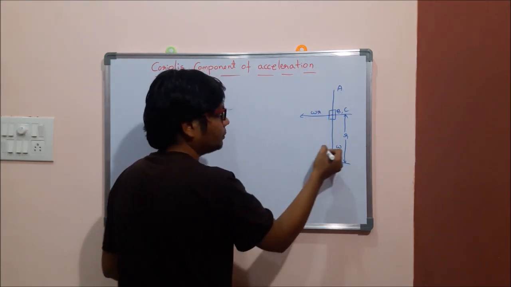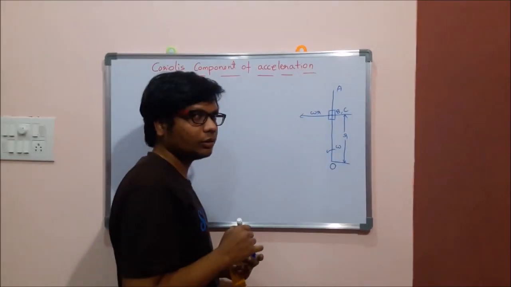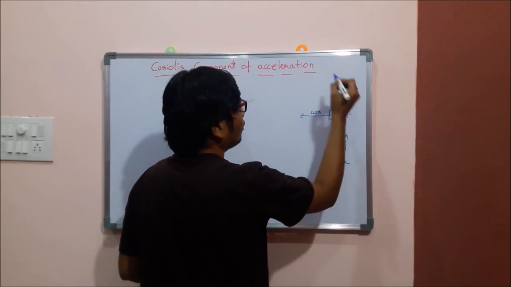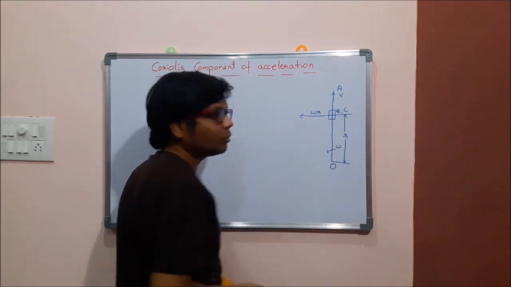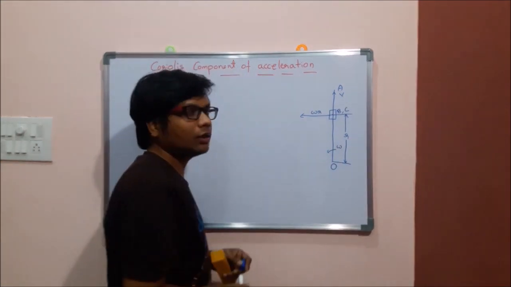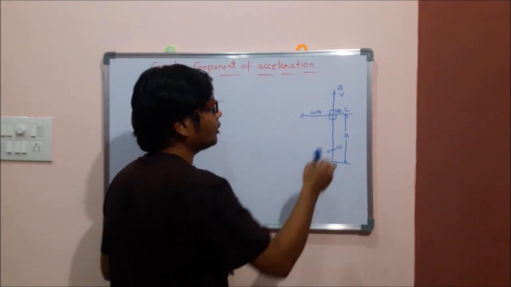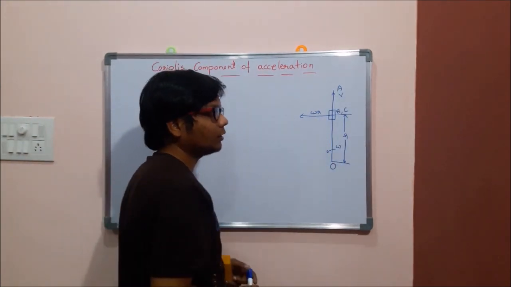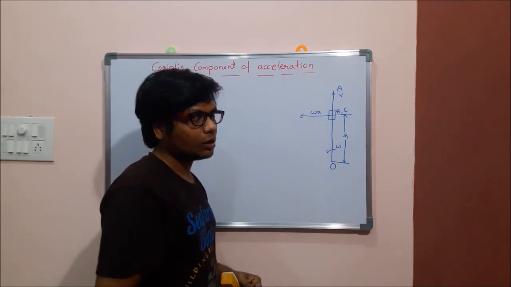That is the angular speed into the length, the radius with respect to which it oscillates or rotates. Similarly, it has a radial velocity also. That radial velocity I am initially assuming as v, because we don't know the value. So we give a letter to represent the velocity. Here the radial velocity we represent as v, and the tangential velocity at this particular position we represent with the formula omega into r.